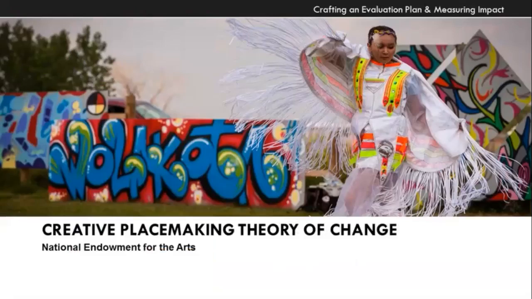Now, if those are the basic whys and hows, it's important to talk about terms as well. There are a lot of terms in evaluation, a lot of confusing terms, a lot of terms that mean different things to different people, basic terms like outputs and outcomes and indicators and theory of change and logic models. The two that I want to focus on today specifically are theory of change and outcomes, because those are the ones that we use most essentially, particularly in the context of creative placemaking. So what I want to do is take the opportunity to present what the NEA is developing as their theory